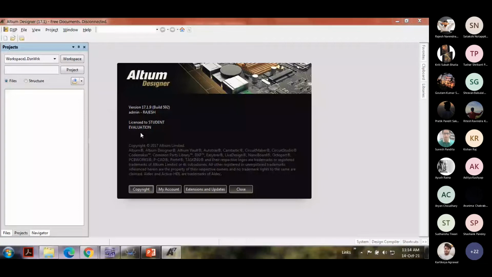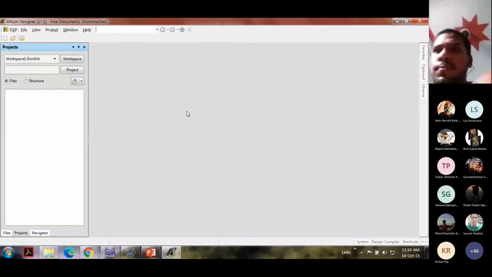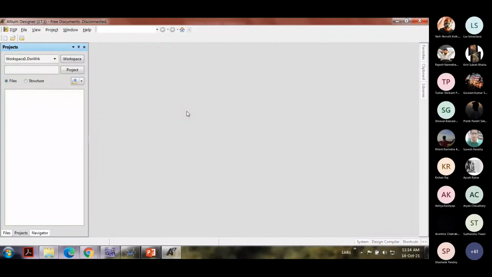If your progress is fast enough, I will take you to the latest version. But the basic understanding has to be there, and this version happens to be simpler to understand. Once you understand, the process is the same. There are a few changes in the new version as far as the menus, properties and inspectors are concerned. So you start with this. This is the very first thing that you will see.